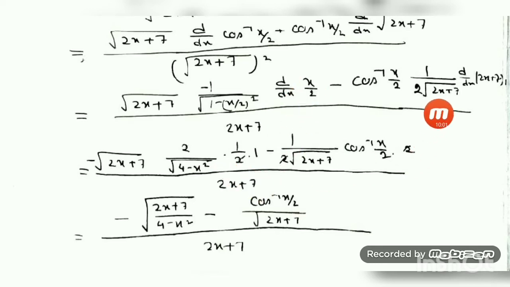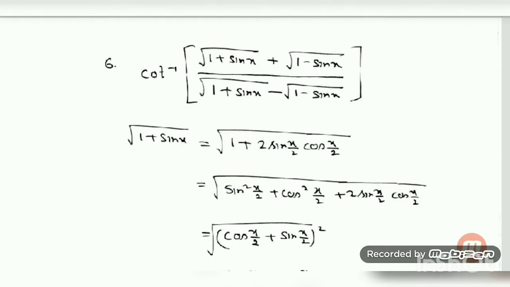Okay, so here this 2, I have written this as the first term, this is the second term, and 2x. 2 is a constant, it comes out, d/dx of x is 1 and d/dx of 7 is 0. Okay, after this 2 will be cancelled out with this, and then what is left? Under root, minus is there, under root (2x + 7) by (4 minus x squared), and these 2 and 2 are also cancelled out. Cos inverse of x by 2 under root (2x + 7) divided by (2x + 7) is the answer. Okay, now I go to question number 7 or 6.